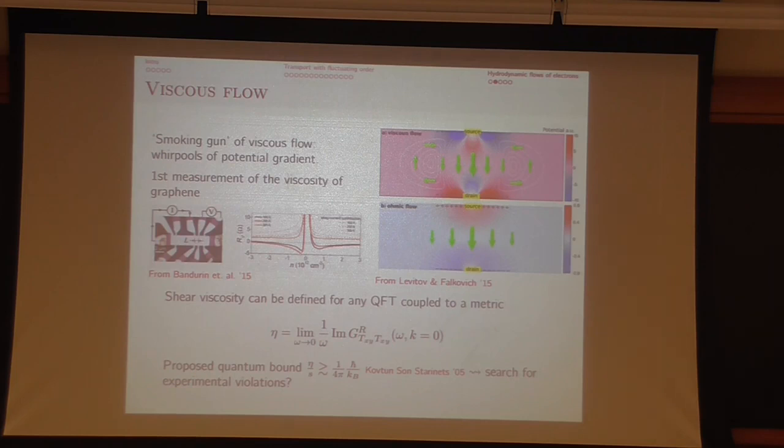Okay. Yeah, I was thinking of lists of liquids and stuff. Yeah, so definitely the regular liquids are not near this bound, they have pretty large viscosities. But these are new strongly coupled systems that may come close to this. So I don't know what the value of this is for graphene. I don't think it's going to come close to this bound for graphene, but maybe for high-Tc superconductors, who knows? It's definitely a special number, but we might not believe it. There might be some O(1) factors. It could even be parametrically violated, but it would be interesting to know what nature tells us about whether this bound is satisfied.